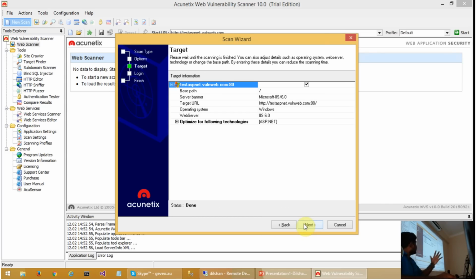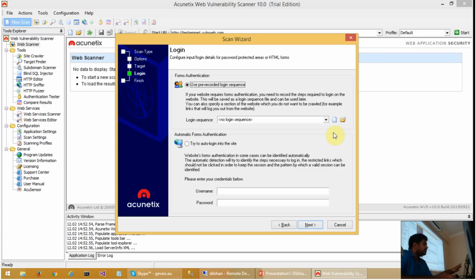In the actual product, the next step is how to use the login. Here I am not going to use those steps because we are using their default website, so there's no need of the login sequence, but I will describe how to use it in the actual product using the slides, which will be very useful here.